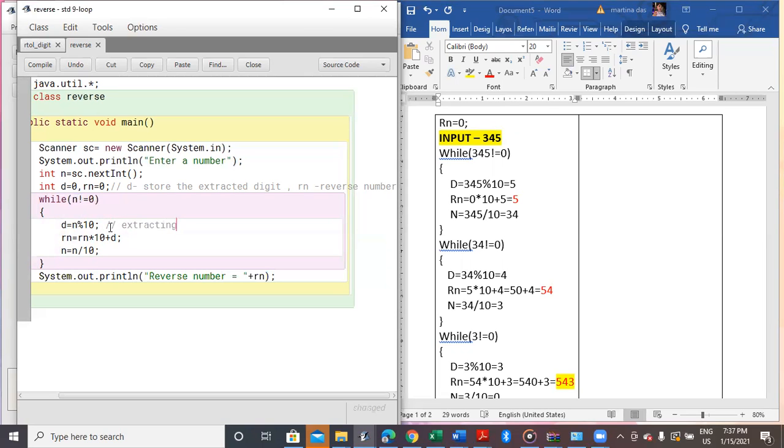After extracting, I'm using the logic rn equals rn into 10 plus d. So the numbers will be extracted, and multiplying by 10, they will be pushed off to the left hand side, and then the reverse number will be stored over here gradually. And then whatever remaining number will be there after extracting the digit, that will be stored in n itself.